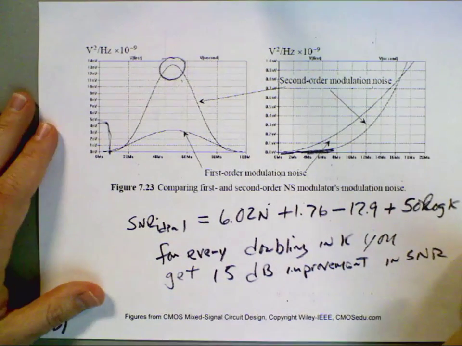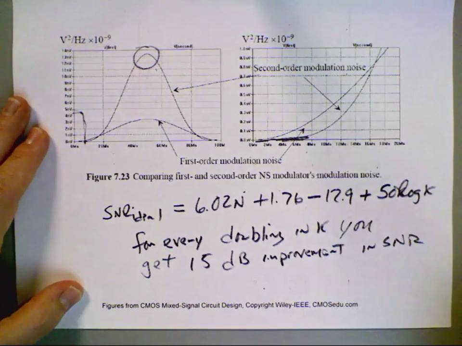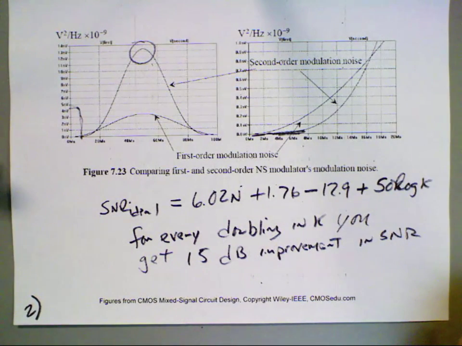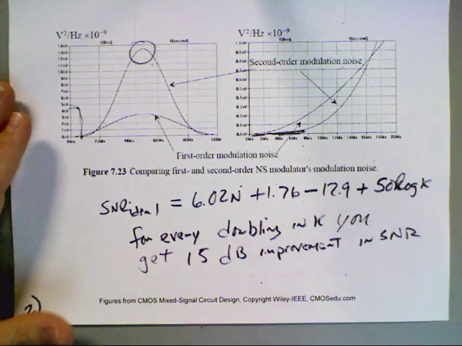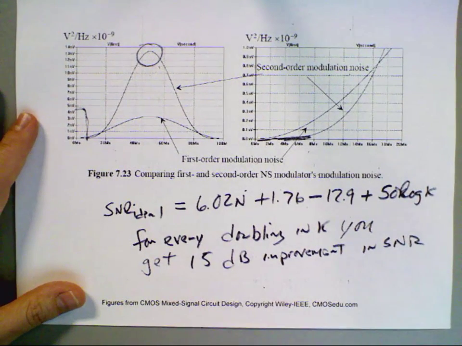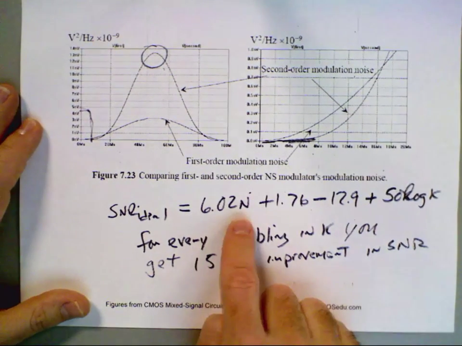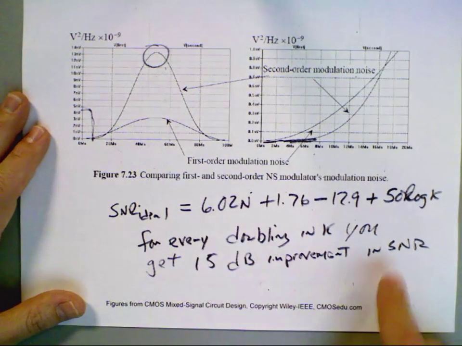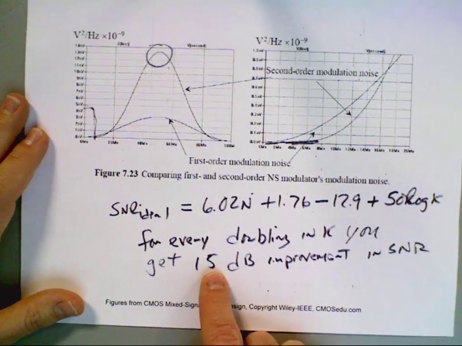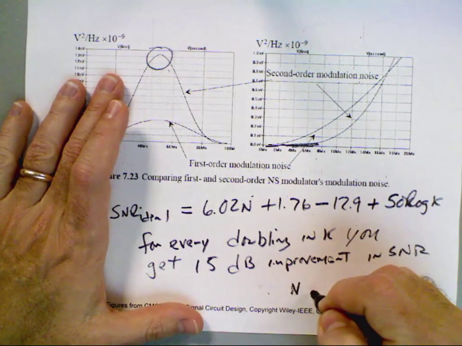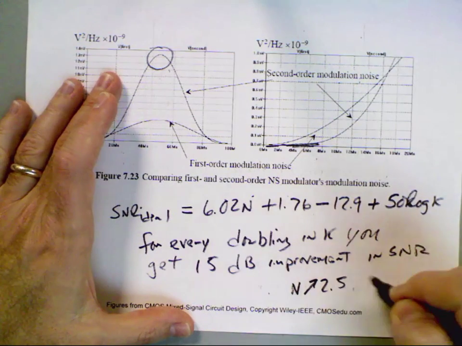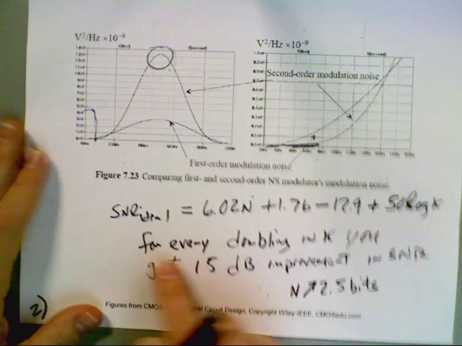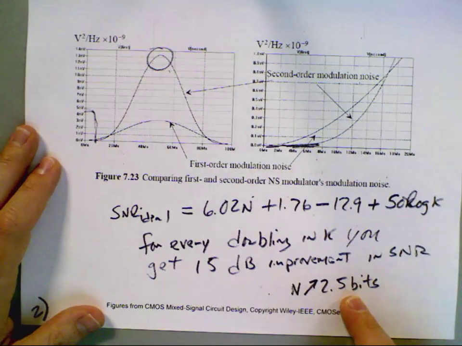Okay, so if I said your SNR went up by 6 dB, how many effective bits did it go up? Okay, one more time. 6 dB, how many bits did it go up by? 1, right? And so if I get 15 dB, it goes up by 2.5 bits. So for every doubling in the oversampling ratio, I get 2.5 bits increase in effective number of bits,